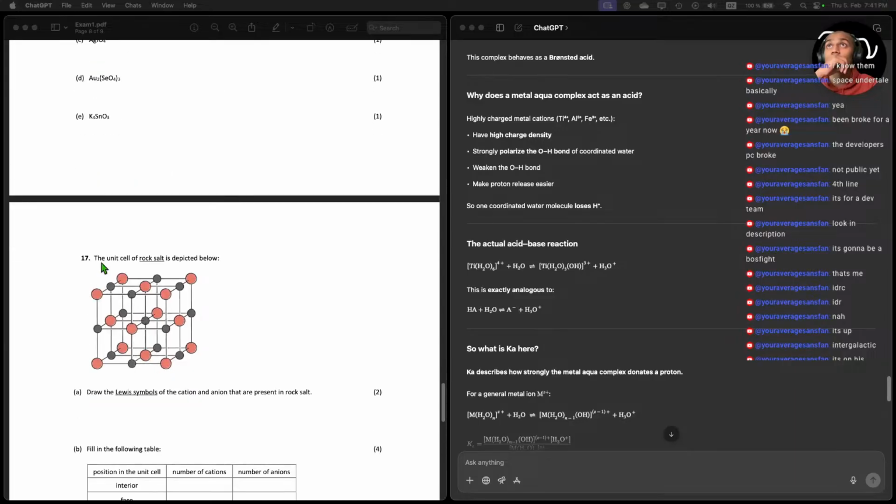What was that? The unit cell of rock salt. Draw the loose structure of the cation and anion that are present in the rock salt. So one cation is surrounded by two anions. No, one, two, three, four anions. Basically four anions and